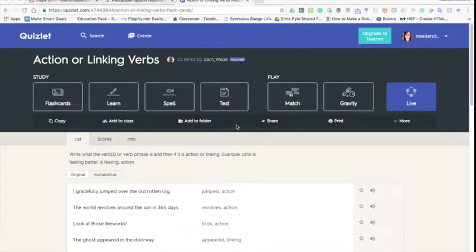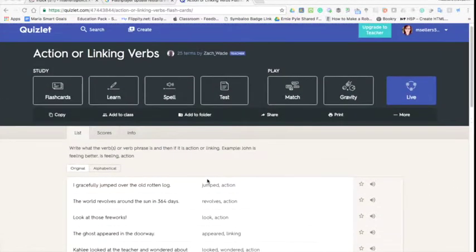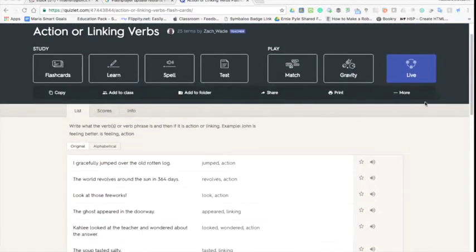So now we're going to start a Quizlet Live game. I am in my actual Quizlet, and I can tell that I have more than 12 terms because the Live option is now blue. If you didn't have enough or the adequate content to do this, it would not turn blue. So I'm going to go ahead and click on Live